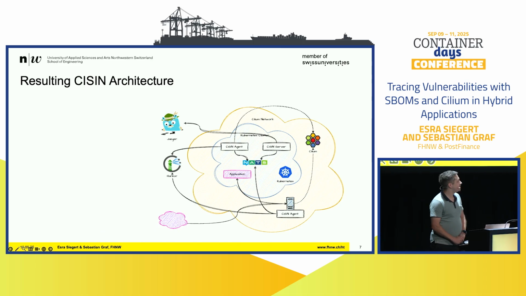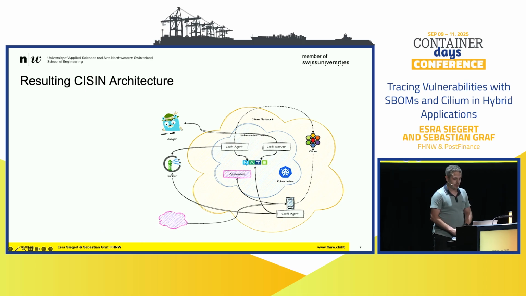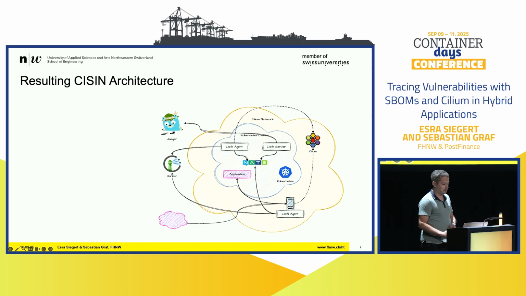So good morning from my side. This is how our approach looks like. Our approach consists of two components. We have on one side the Cilium agent, and on the other hand the Cilium server. The Cilium agent is distributed as a daemon set on the Kubernetes cluster, or is started as a container on a normal host. Spanned over the, as Sebastian mentioned, is the Cilium network, which we